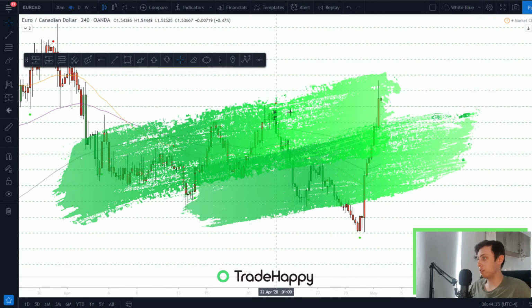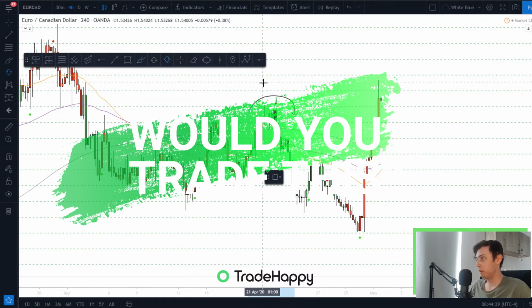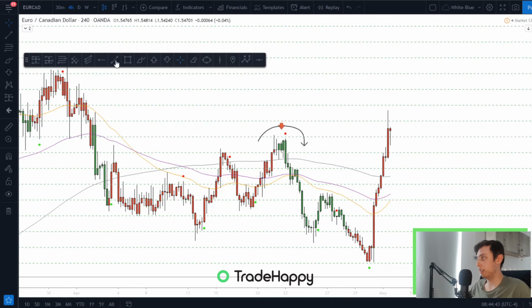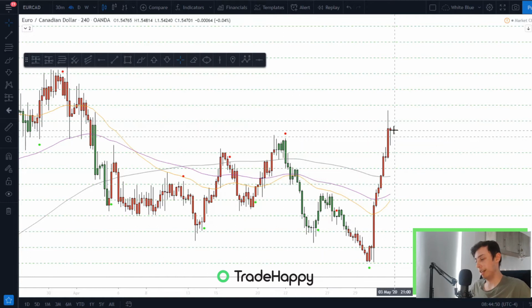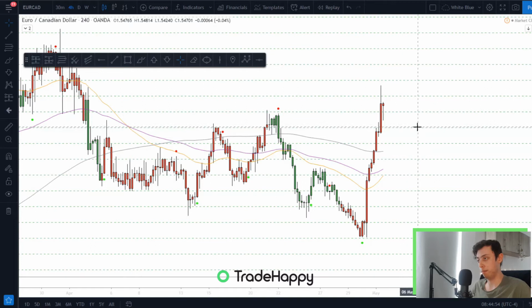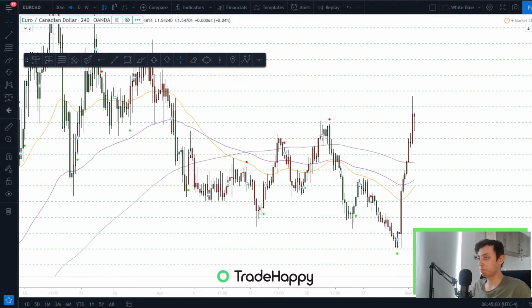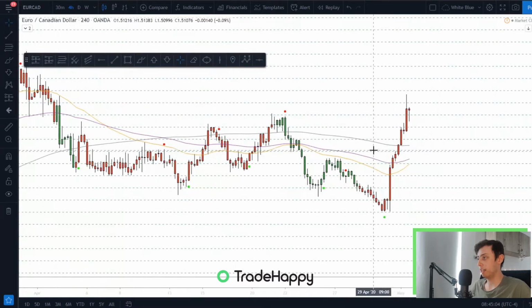But we've actually just broken this high here. So what I'll be looking for is 20 pips above this, which I'm pretty sure it's already gone. And if we can get a move down, then I'll be looking for a retracement where I can enter into the short and possibly take out these lows down here. So that's basically what I'm looking at for EURCAD.